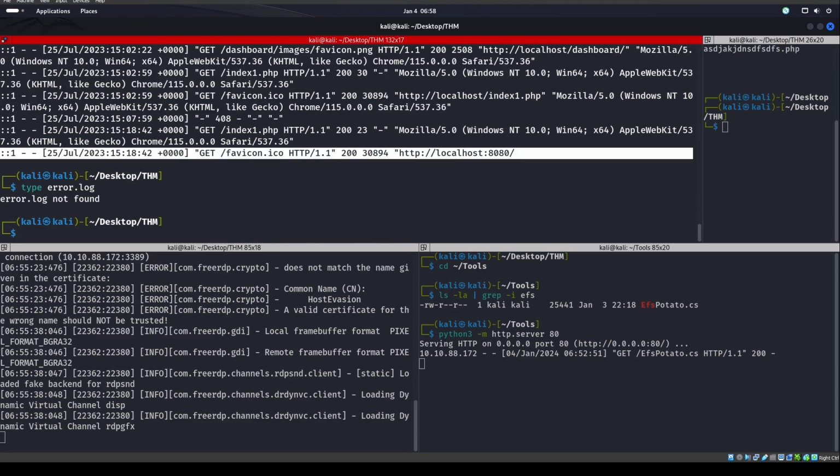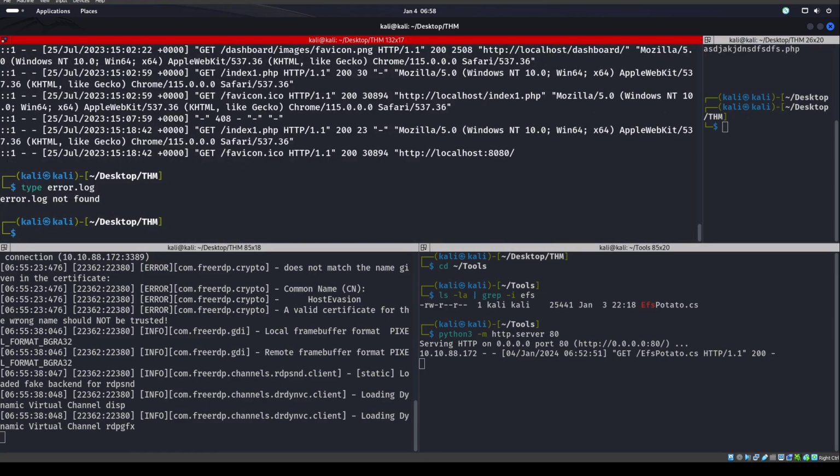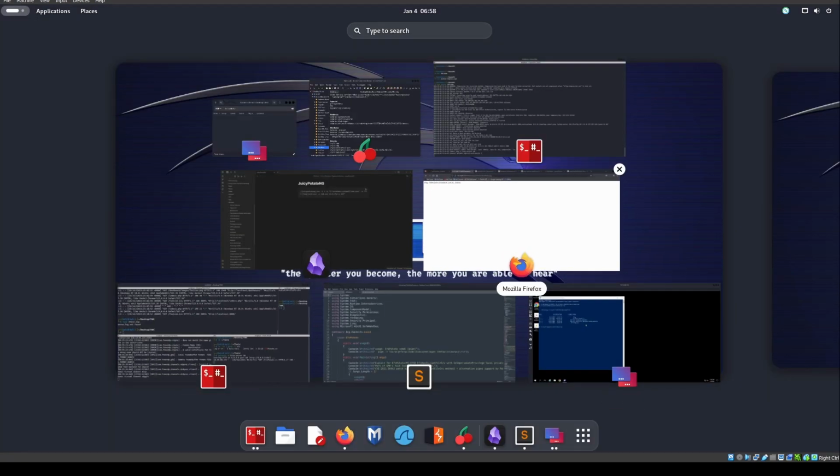Oh, or I could just get kicked out, whatever. It's not like it's a big deal anyways. We already did everything, right? But that is the whole machine right there. So hopefully you guys learned something, enjoyed it. And yeah, that's the whole box. A little bit of obfuscation in there, then using some obfuscation, then calling back through the XAMPP to be able to get a person client after authentication,